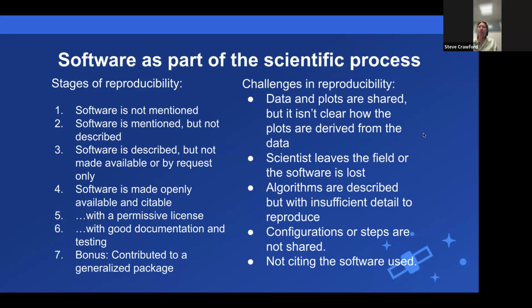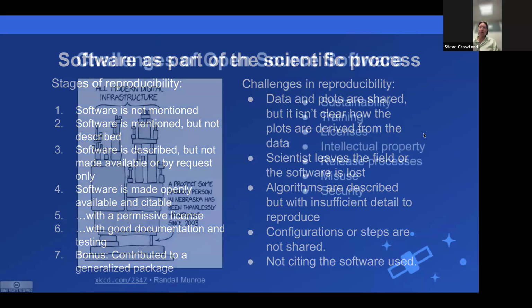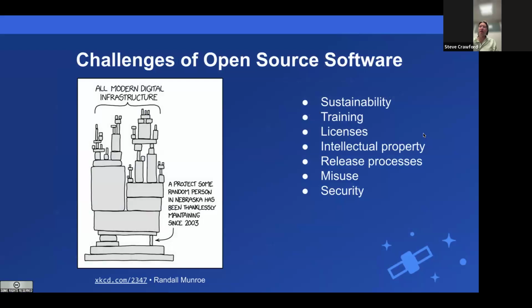Fortunately enough, with technology advances in the last 20 years and different things in the open source movement, there are tools for open science making it easy to share your software and make it more available. And on the next slide, talk about some of those tools. Oh, sorry. Actually, before that, before talking about some of those tools, we'll also talk about some of the